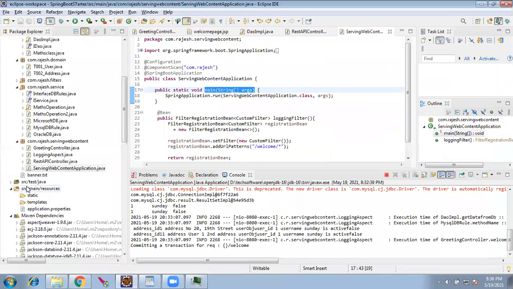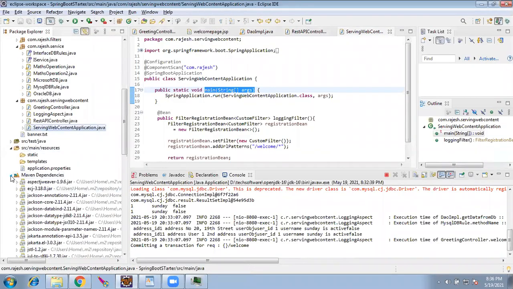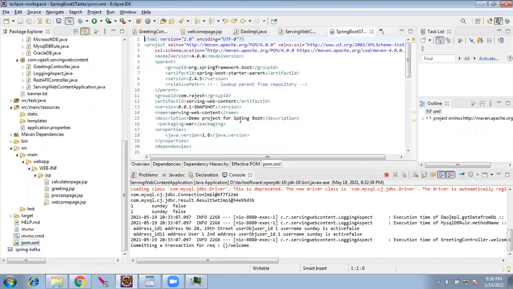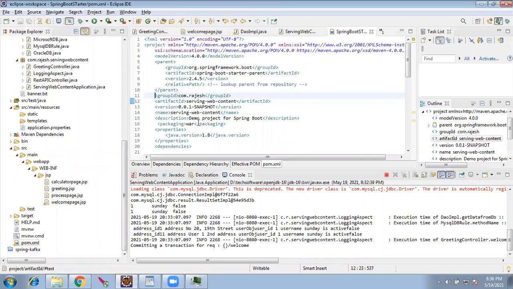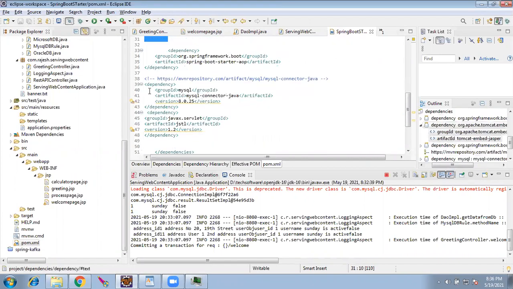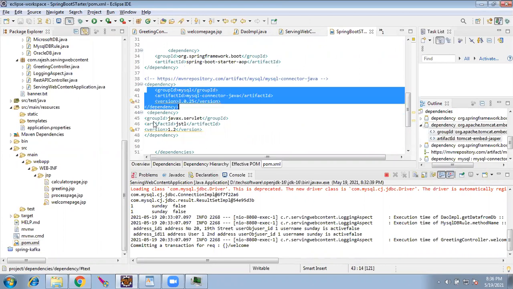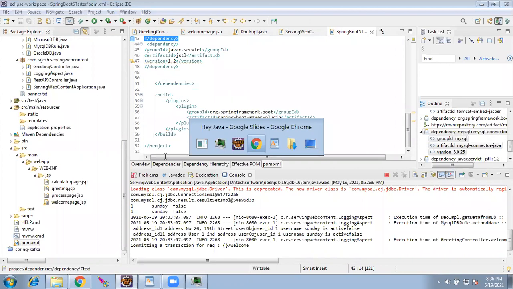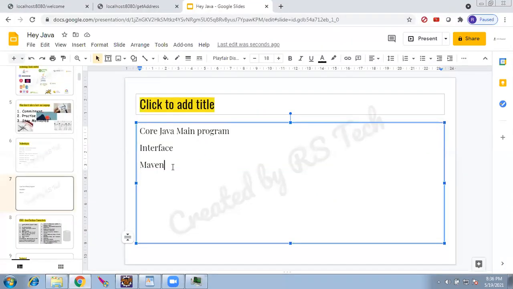And where are we using Maven? Here in the pom.xml, whatever external jars and libraries we need, we provide here. The Spring content and the Tomcat embedding, the MySQL connector, the servlets, JSTL, whatever we need. That is why we saw Maven.